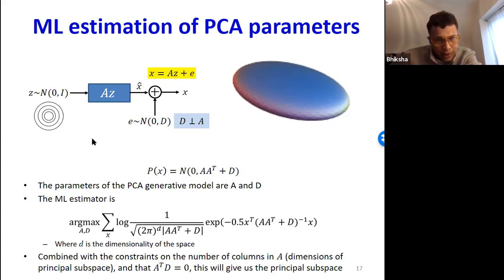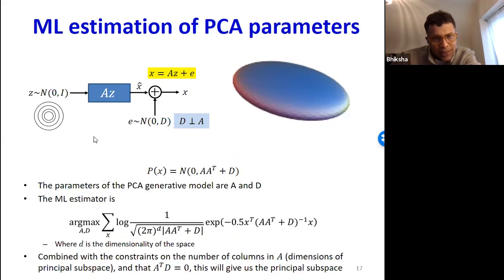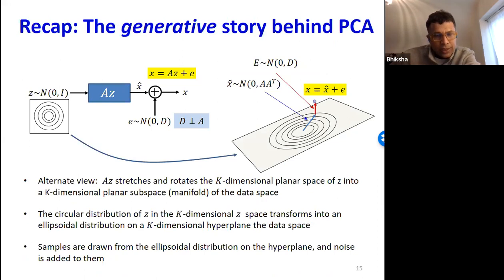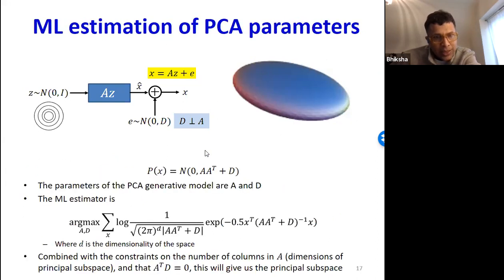So again, the key point is this: PCA has a generative story. It says that I have this principal subspace. I take a Gaussian step on it, and then I take a Gaussian step off of it. That's the story that we've got. And so the actual estimation says that if you follow the story, then the probability distribution of X is this Gaussian here.